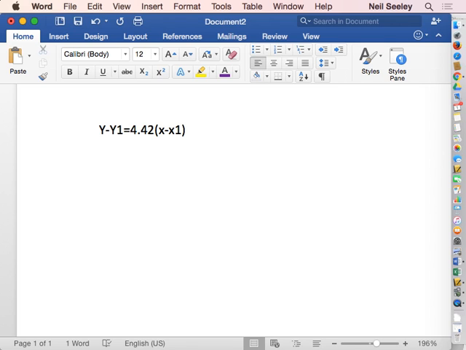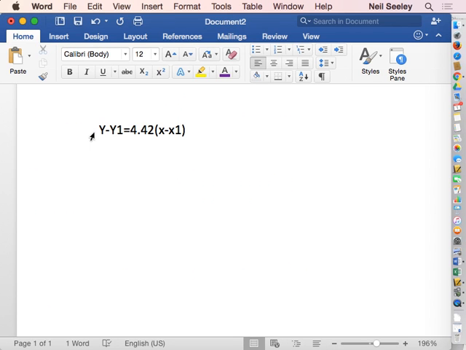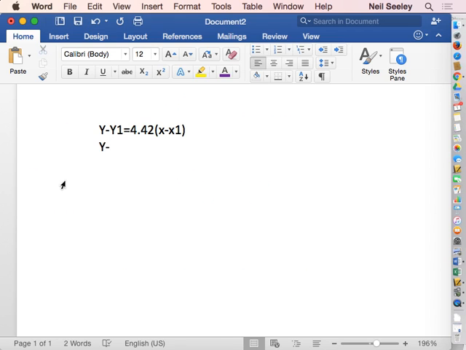And one of the points is either 1989 and it's 31-ish%, or it's 1995 and it's 58%. Thing is though, you need to use the year as 0 for 89 and 6 for 95, it's going to come in handy. So do y minus, let's do 95, year 1995. So y minus, the y in that year, remember, was 58.4. Okay, y minus 58.4